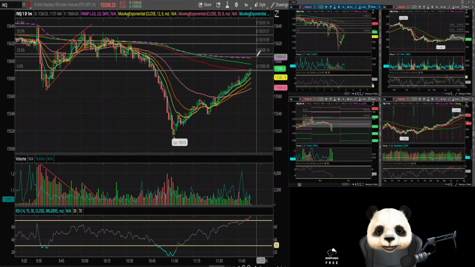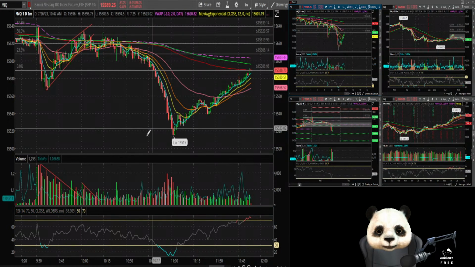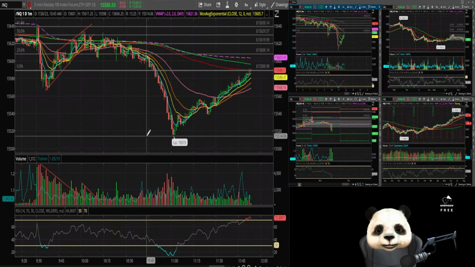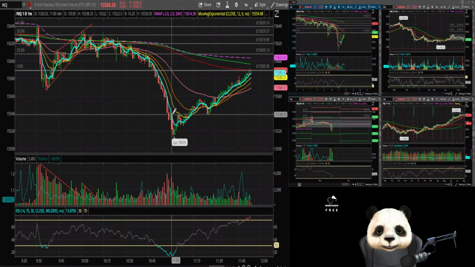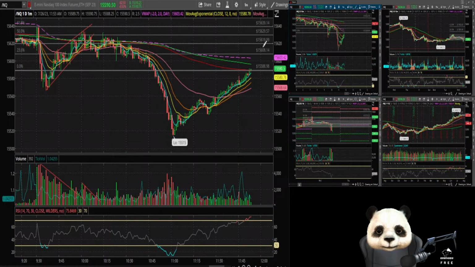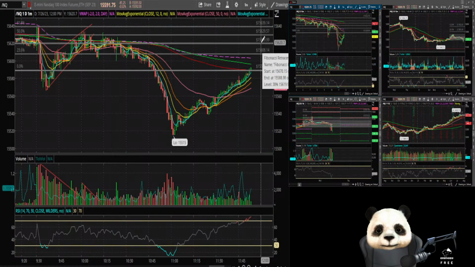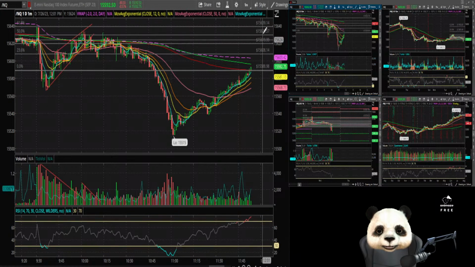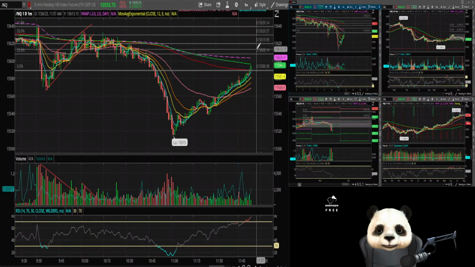Still seeing some upside potential. After here, looking for the 15,600. After that, I believe the point of control on Nasdaq, as I'm looking at the book map, is all the way up at 15,620 area about, right about here. So we could potentially even tap the point of control, which would have been a great hold if I held the position, but once you start getting too greedy with your trades is really when you can start seeing some losses occur.